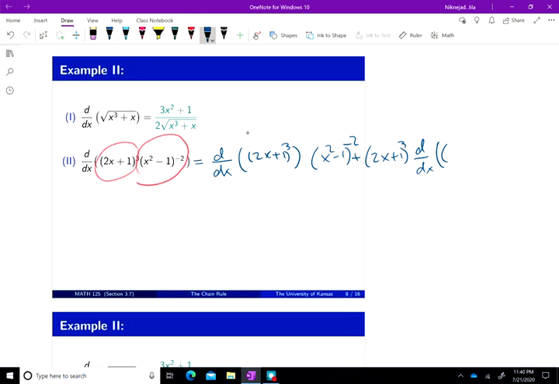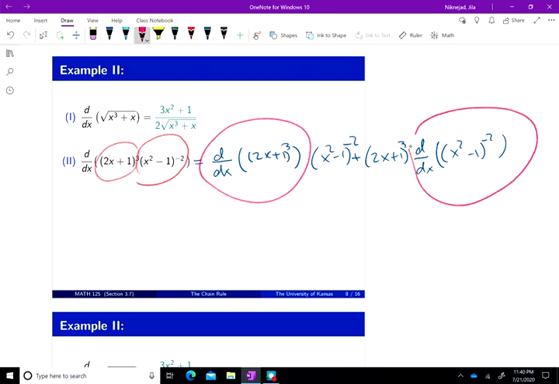And the second factor is x squared minus 1 to the power negative 2. Now, you should notice that this is a chain rule and this is a chain rule. How come they are chain rule? Because there's an outside function, here to the power 3, here to the power negative 2, and an inside function. The inside function here is 2x plus 1, and there it is x squared minus 1. How do I find the derivative of this